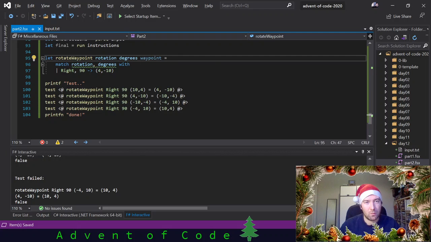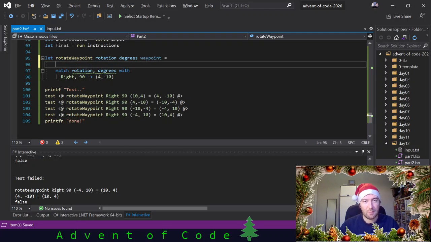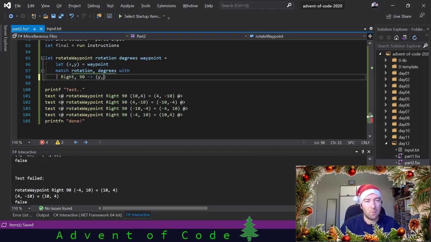So let's extract values from the waypoints, or let's keep this here so it's clear what we're expecting, and let's extract it in here. So now it's a pair of x and y coordinates, and we flip x and y, so it's y and x, but we should change the sign of the